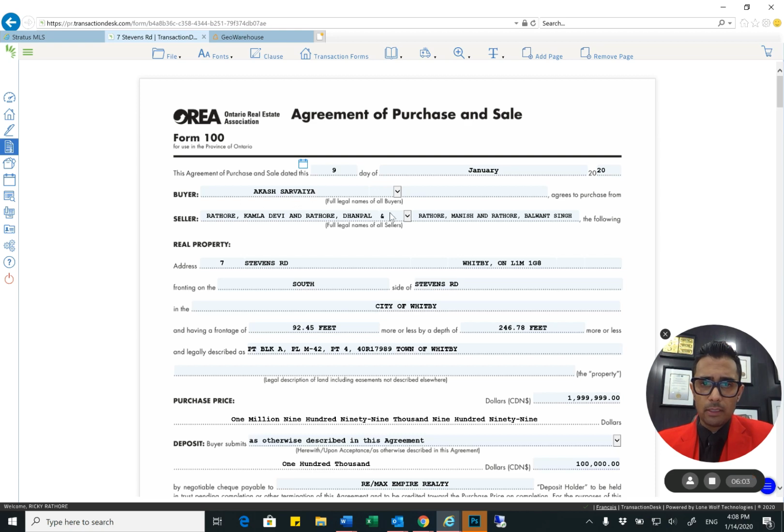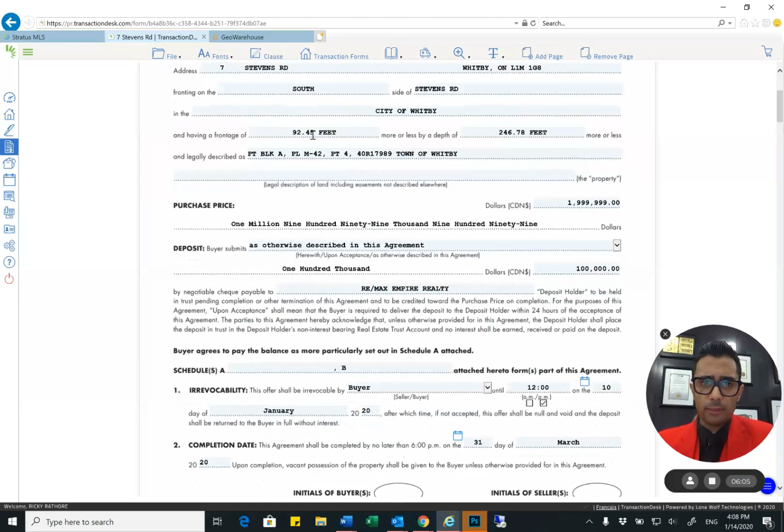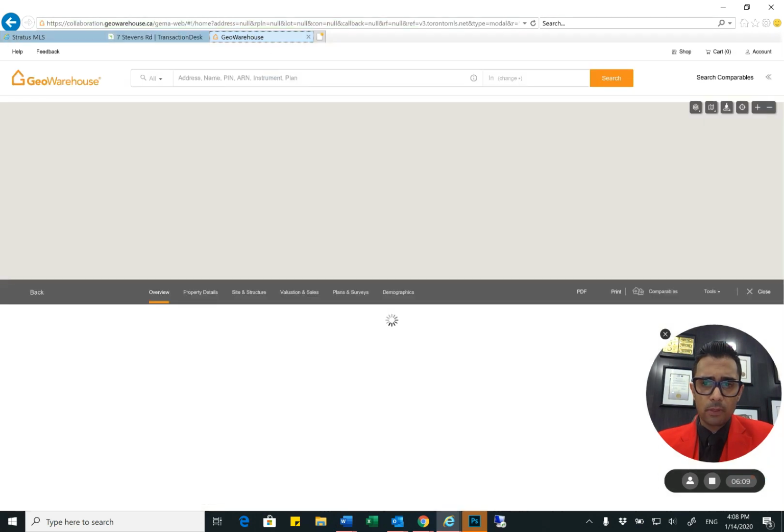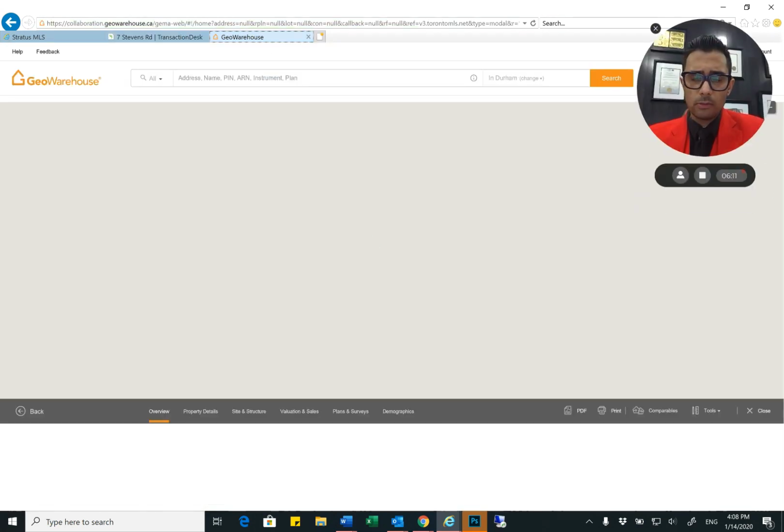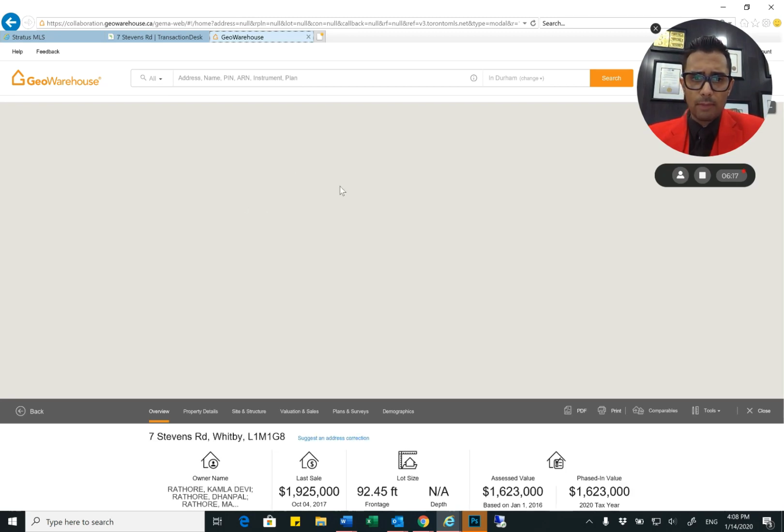So the buyer's name, seller's name should be right off of the registry, okay? Fronting on. So this is what I want to show you, the key information here. Geo should be up now. Okay, so first and foremost, once the map populates here,